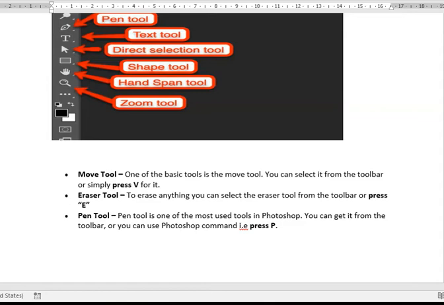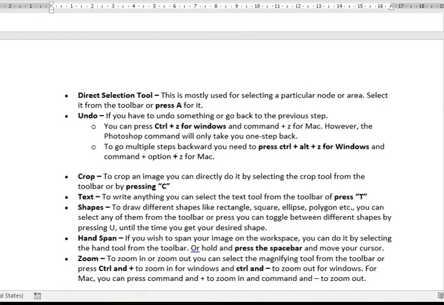You can get it from the toolbar, or you can use this tool by pressing P. Direct selection tool. This is mostly used for selecting a particular node of an area. You can select it from the toolbar, or you can press A for it.